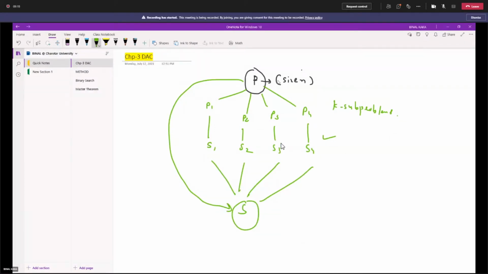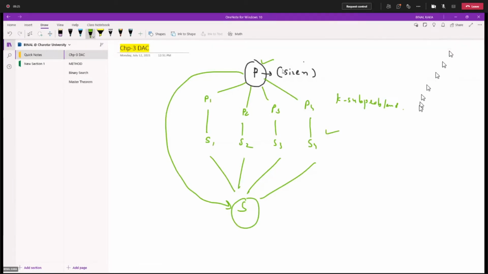Yes, ma'am. So currently, what is our problem? Our problem is P, and the problem P size is n. We assume that the problem P size is very large, and whenever the problem size is large, we can't easily solve it. So we apply the divide approach, and I have divided this problem into four parts: P1, P2, P3, and P4. Now we assume these four problems are very small in size and take individual solutions S1, S2, S3, S4. Now we combine all four solutions into the single solution, which is S. So for the problem P, we have a single solution S.